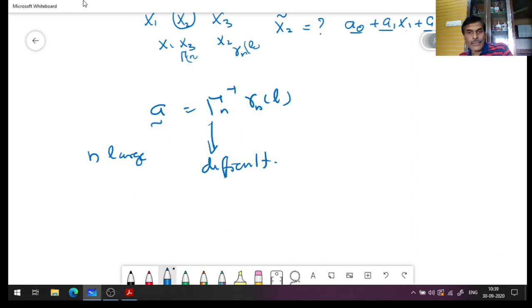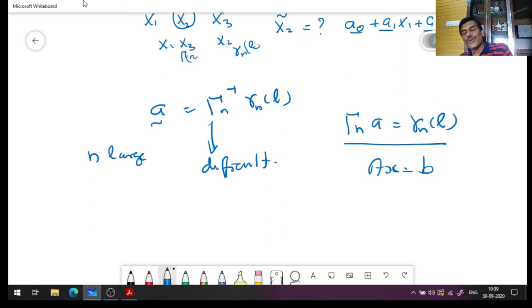Or in other words, what are you doing? You are trying to solve gamma n A equal to gamma n L. So it's like you are solving a system of equations Ax equal to B. If you have a method of doing this without actually getting the inverse of the matrix, then that will make life easy. So there are certain algorithms